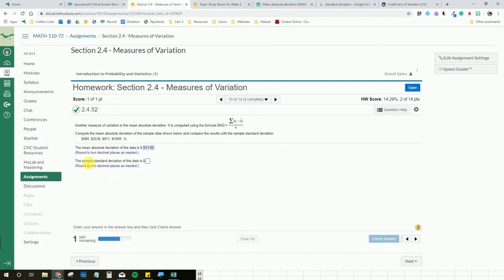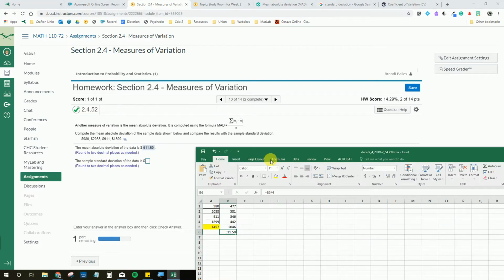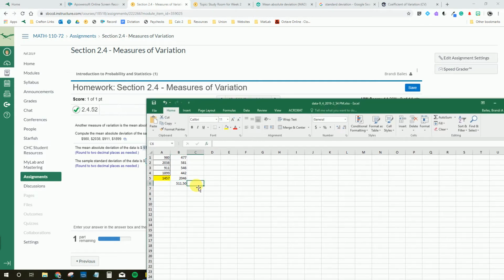Now it wants me to compare it to the standard deviation, the normal standard deviation. So I can calculate that pretty easily. Let me label this. So I have MAD here, and I have the numerator, which I'll abbreviate numerator here. And then I want standard deviation, so SD. Here I'm going to use the standard deviation, and since it's a sample, I'm going to use stdev.s for sample